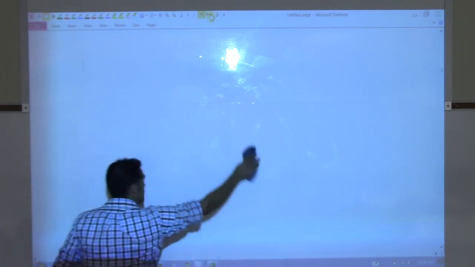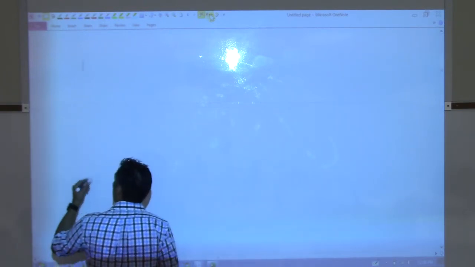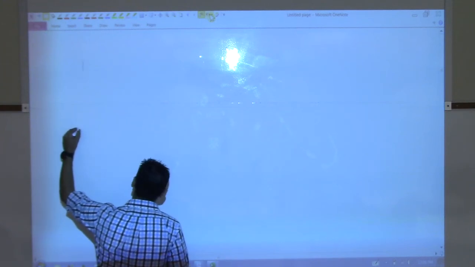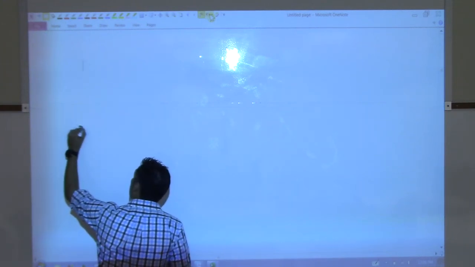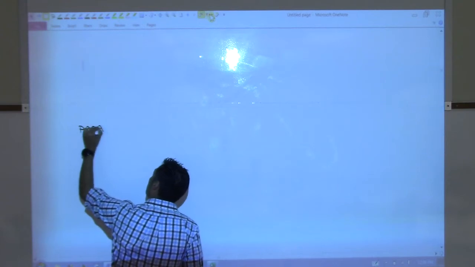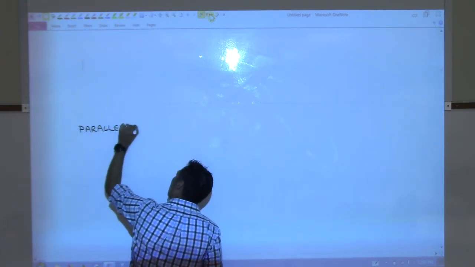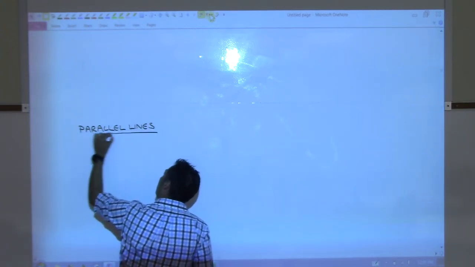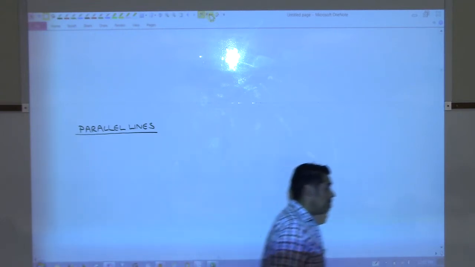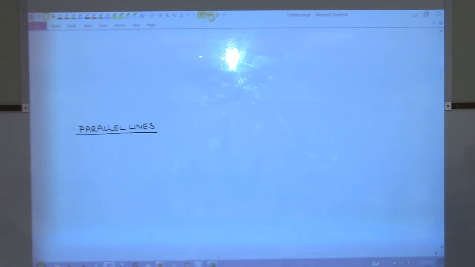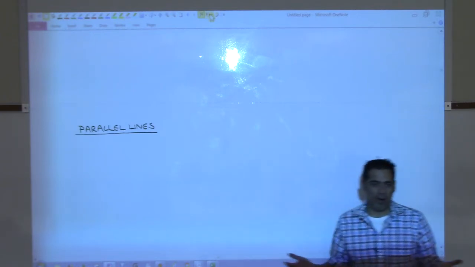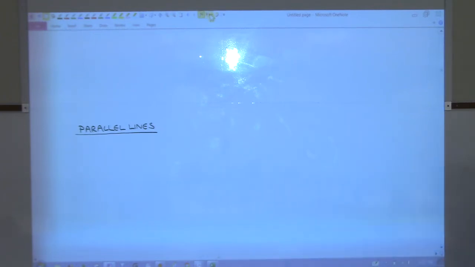Okay, so now you know a little bit about slopes. Let's talk about two classifications of lines. Parallel lines. All right, so you've probably heard of parallel lines before. If you were going to explain to somebody who really wasn't familiar with what parallel lines are, does someone want to volunteer to explain